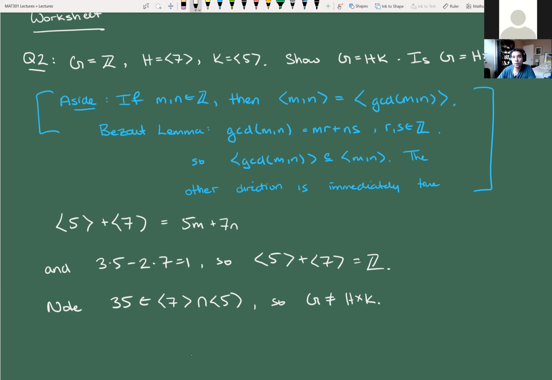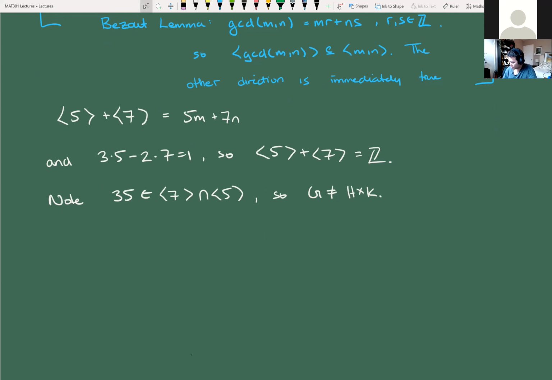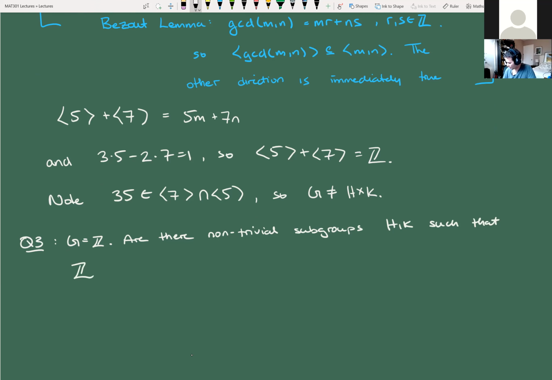Okay. All right, so that was question 2, which is nice because we kind of did it as a class. Now let's pivot into 3. So 3 is basically saying, maybe 5 and 7 was a bad choice? Is it ever possible to write Z as an internal product of two groups, right? So for question 3, it says G is equal to Z. Are there non-trivial subgroups H and K